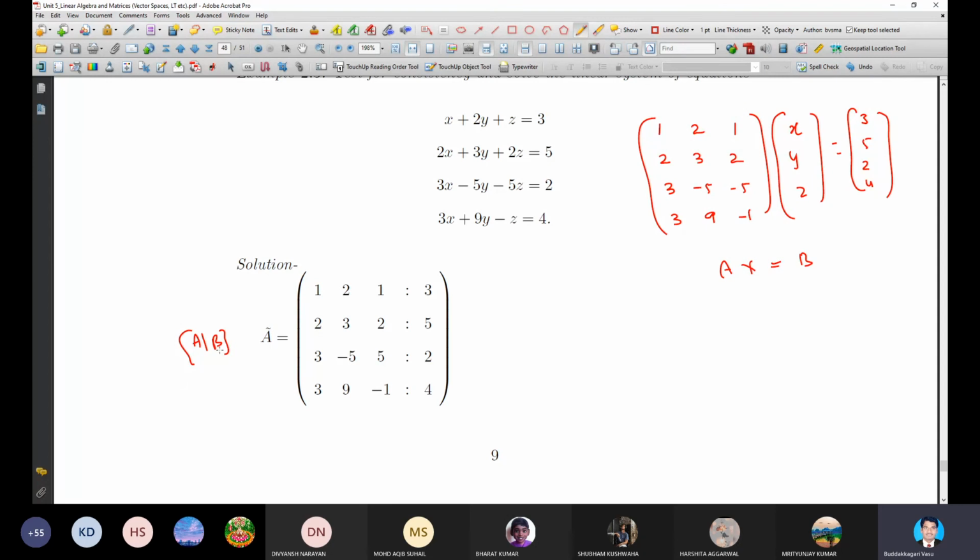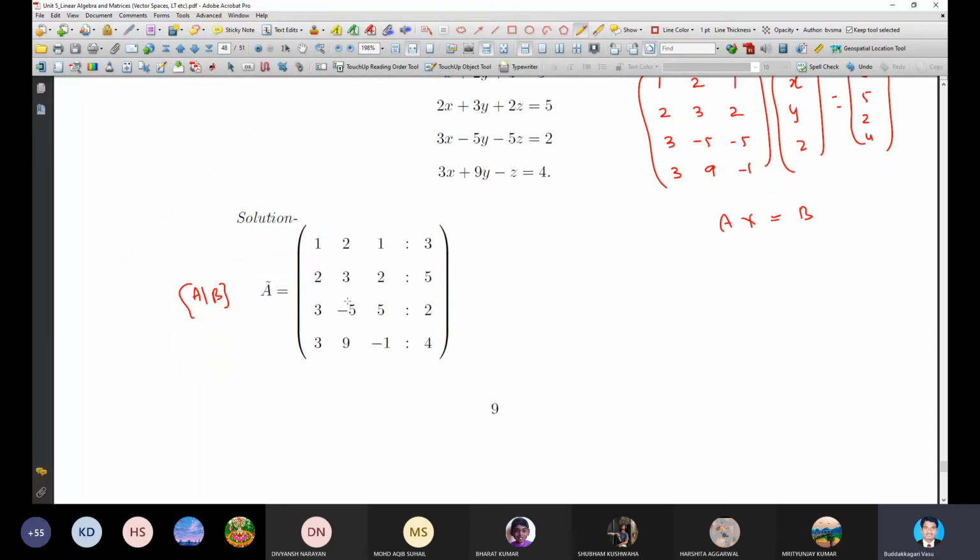What is the advantage of this augmented matrix is that it clearly includes the coefficient matrix and the new matrix. So there is no need to find the rank of A and the rank of AB separately. Once you find the rank of the augmented matrix AB, it includes the rank of A also, because this separation indicates what is A. The A part is this one. If we find the rank of AB, we can easily find the rank of A from the augmented matrix. How we can see?